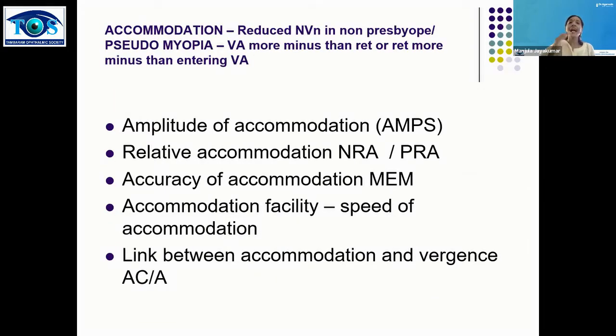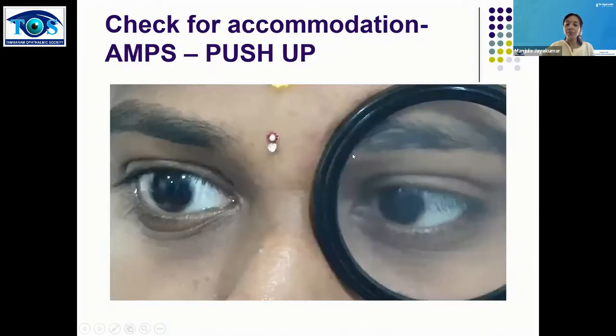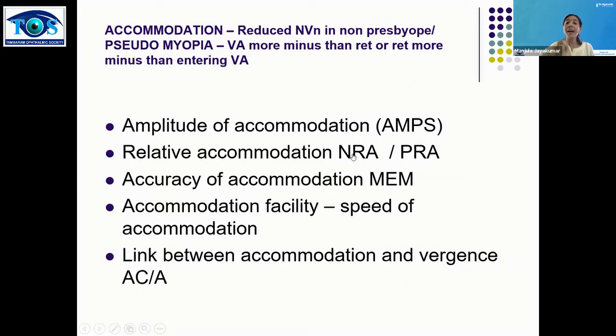So the next thing is accommodation assessment. What do you assess in your accommodation? You have to look at amplitude of accommodation, which we refer to as AMP. You have to look at relative accommodation, which is basically assessed binocularly, negative and positive. When you're assessing positive relative accommodation, you use minus lenses in steps of 0.25. When you assess negative relative accommodation, you use plus lenses in steps of 0.25. Negative and positive both will have about minus 2.5, plus 2.5 as your normative data.